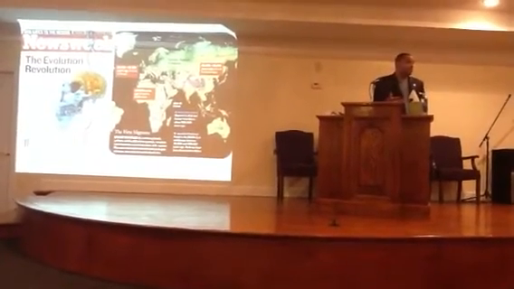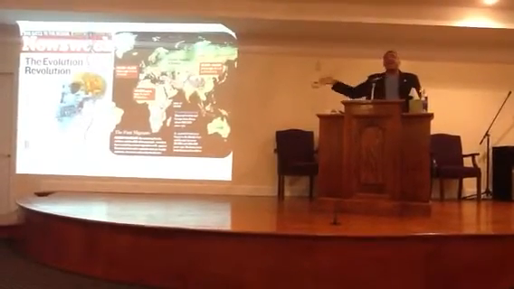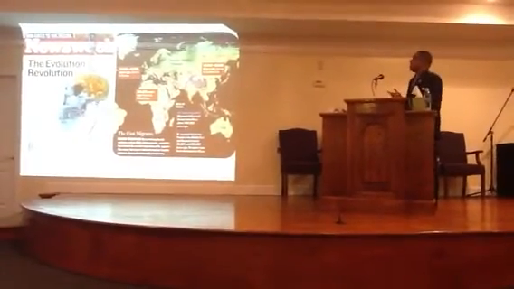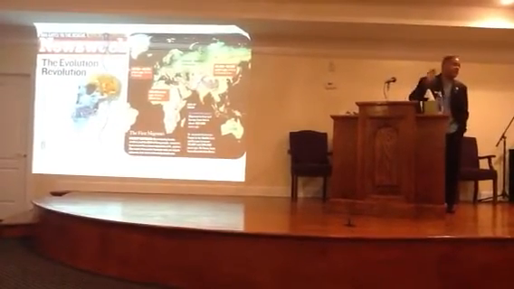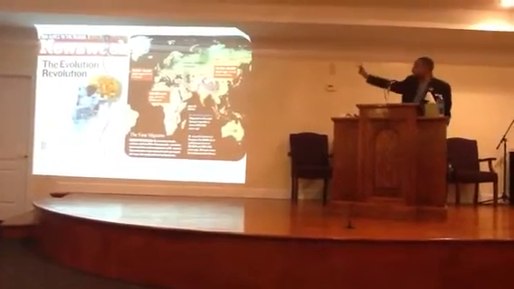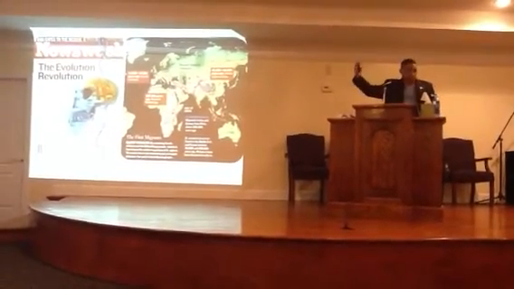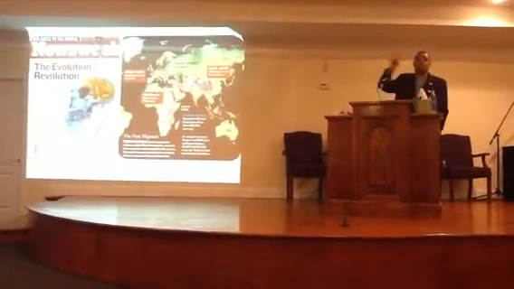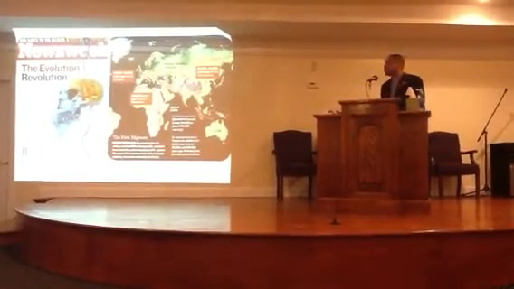These genetic studies allow us to map the migrations of humanity. This particular article summarized the archaeological and the genetic, both mitochondrial and Y chromosome studies. They were able to map when the out of Africa migrations happened, when human populations emerged from Africa, where they went, when they went. I'm not going to go through the whole map, but relevant to our discussion,